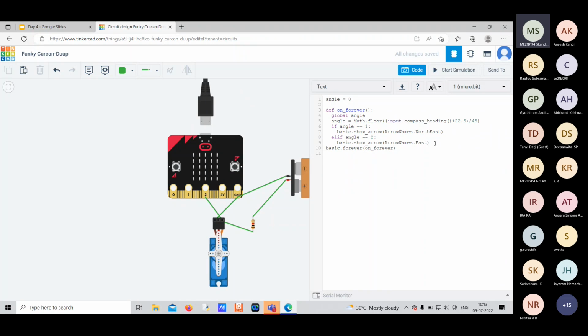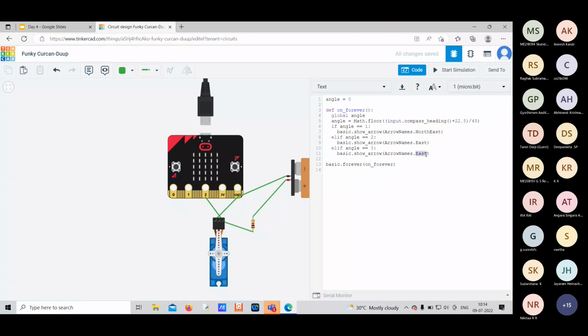So yeah, again moving on, I'll just keep copy pasting this part of the code again and again so that we only have to change things. So this thing becomes